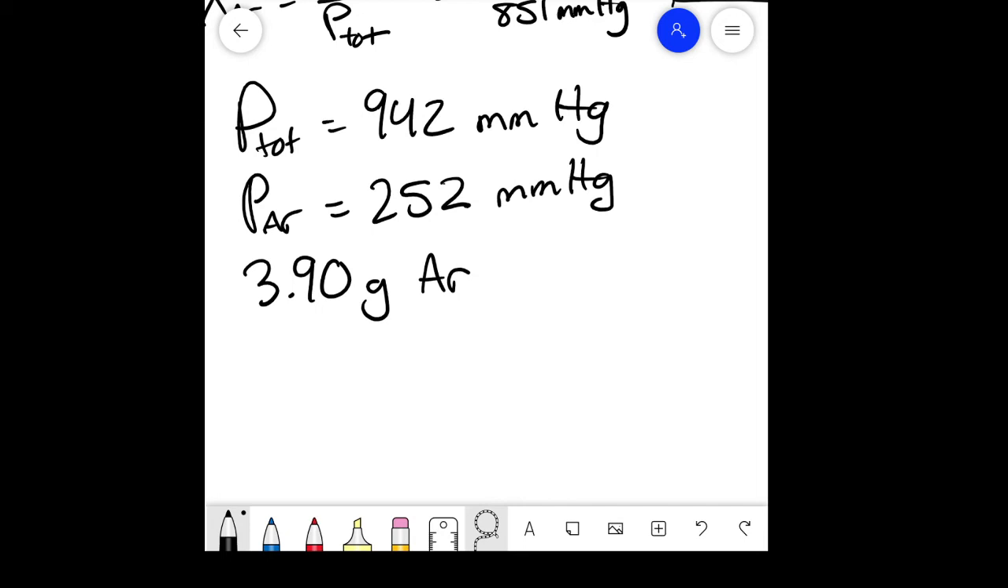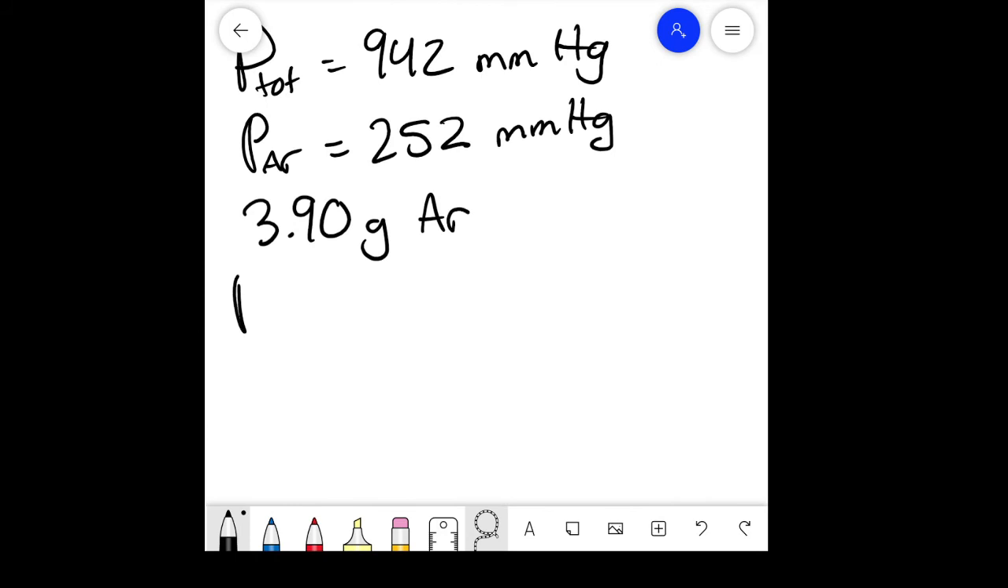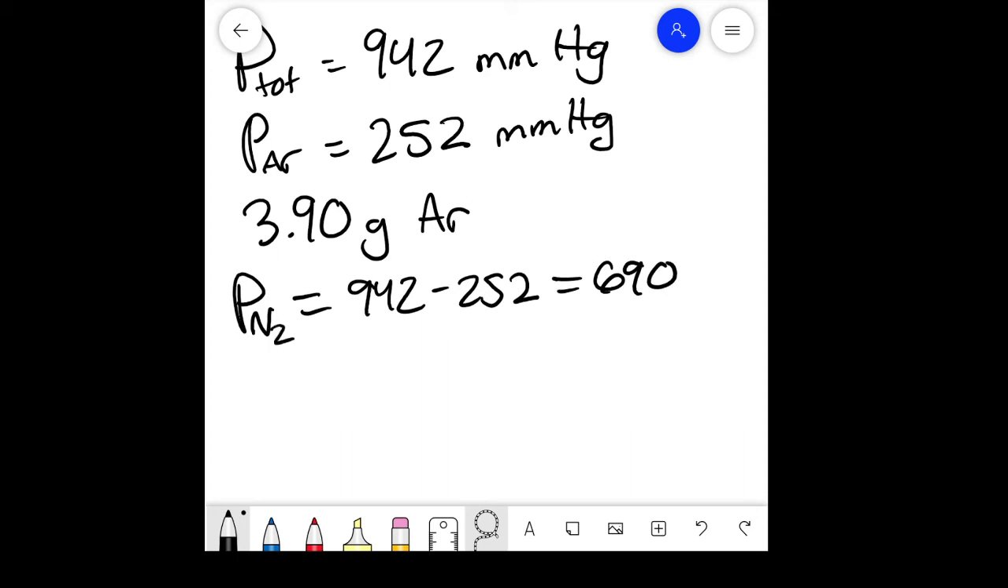Okay, we want to find how many grams of nitrogen are in this mixture. Well, one thing we can find is the partial pressure of nitrogen. That would just be the total minus argon's partial. So that gives you the partial pressure of nitrogen is 690